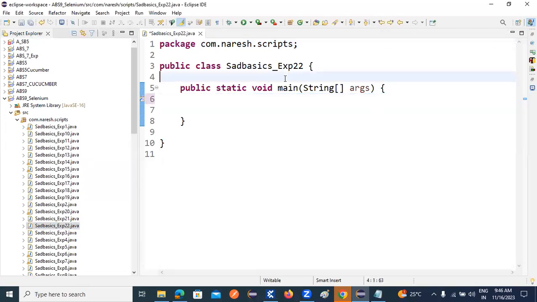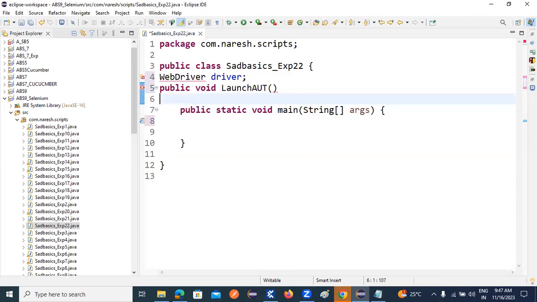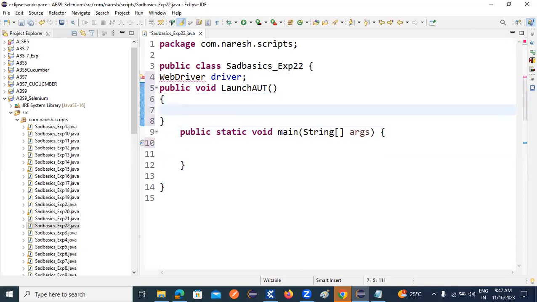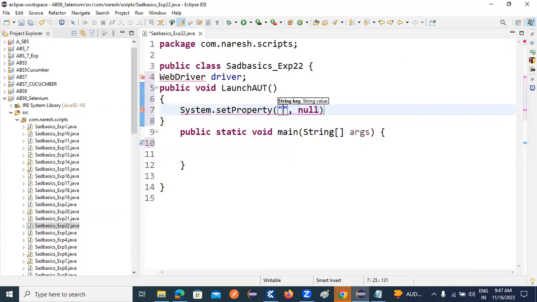See guys, now WebDriver driver, public void launch AUT, system dot set property, WebDriver dot